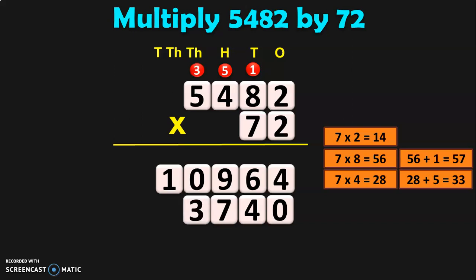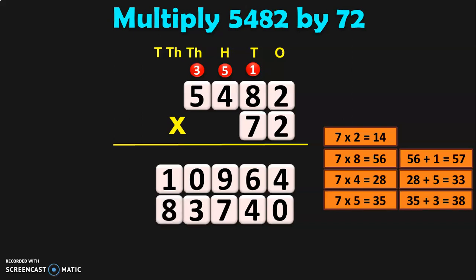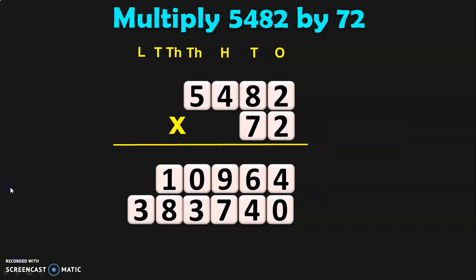3, carryover 3. Next 7 into 5 is 35. 35 plus 3 is 38. So 8 will be in the 10,000s place and the 3 will be moving to the next place value, lakhs place. So the two products that we have got here are, when you multiply 5,482 into 2, we got